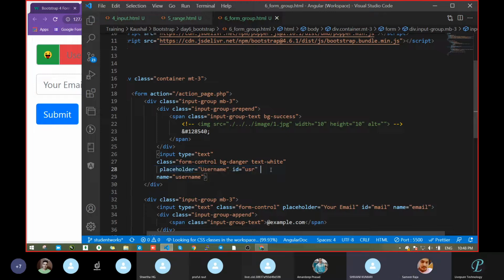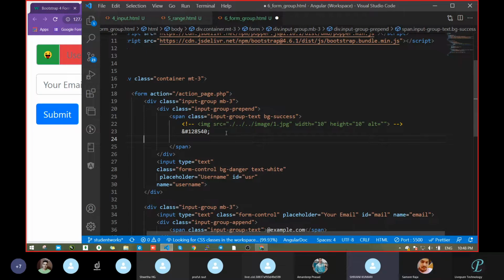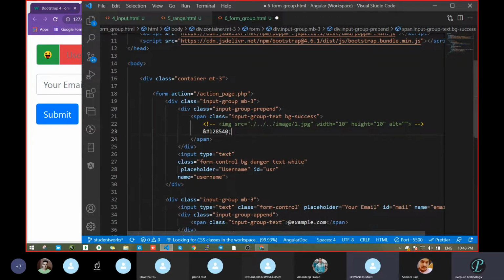Sir, inside a span you have to pass placeholder. Tell me one more time where I have to write and what. Here. Line number 28. Wait one second. Yeah, line number 28 here. Yes. So inside a span tag, you pass that placeholder and that value. Tell me, I will write that. I can't get what you're telling. Here I have to write something. Okay, line number 28. In the starting, you have to write a span tag.